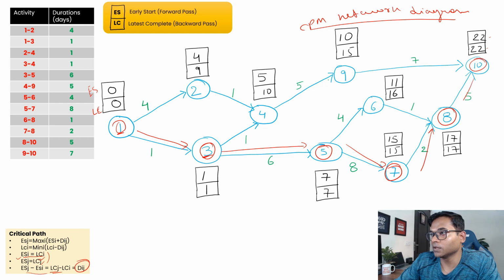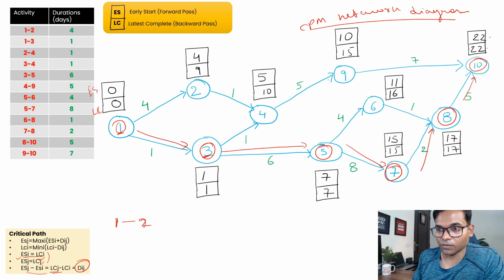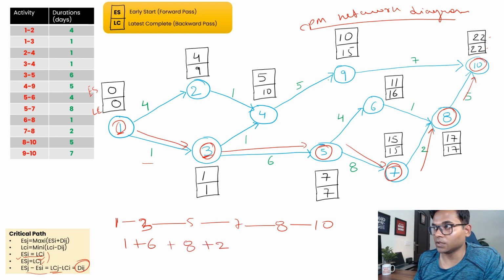path, right? So if someone says we want to identify the critical path, that should be 1 to 3 to 5 to 7 to 8 to 10, right? And if you want to find the duration, 1 plus 6 plus 8 plus 2 plus 5. So just check 1, 2, 6, 8, 2 and 5, right? And if you add it, that should give you 22, which is just equal to your